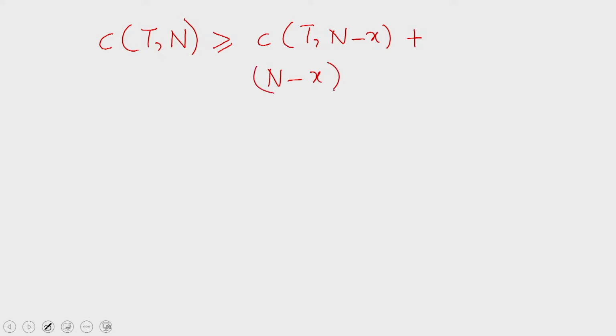And then we showed that C_t(n) is governed by this recurrence relation. So, once we have this recurrence relation, we can use the induction hypothesis and substitute the claimed quantity for each of the C terms on the right hand side. Therefore, we can say that this is greater than or equal to